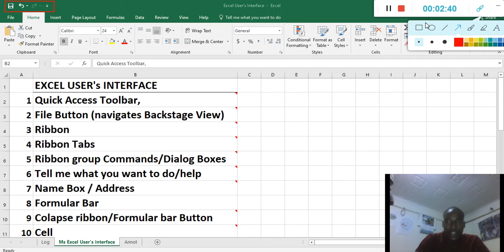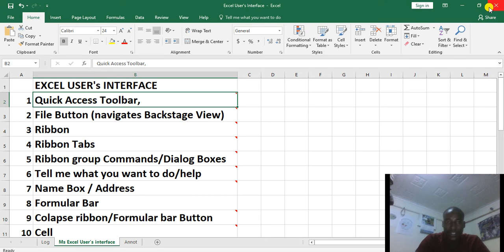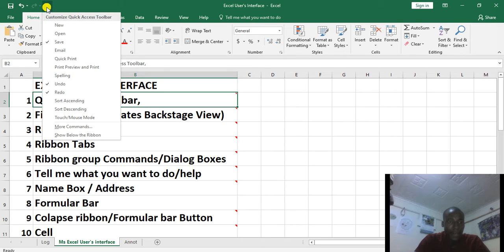If you want to activate more commands on it, you just click on it. Then you will see a number of